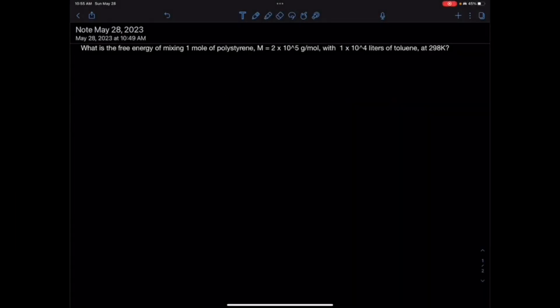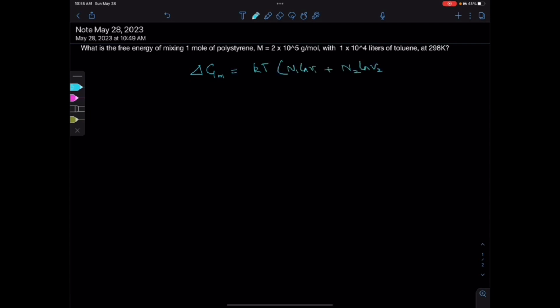What is the free energy of mixing 1 mole of polystyrene, molecular weight 2 times 10 to the 5 grams per mole, with 1 times 10 to the power 4 liters of toluene at 298 Kelvin? So free energy of mixing delta G is given by delta Gm is kT times N1 ln V1 plus N2 ln V2 plus chi N1 V2, where k is the Boltzmann constant, T is the temperature,